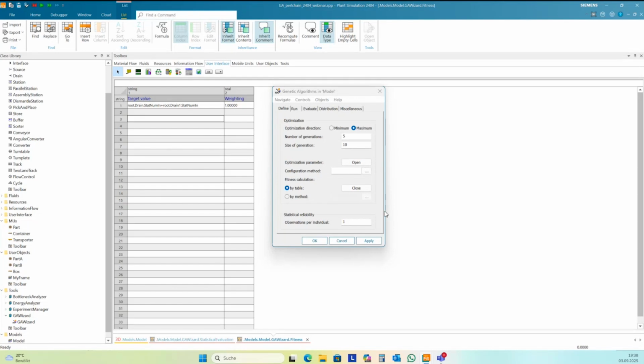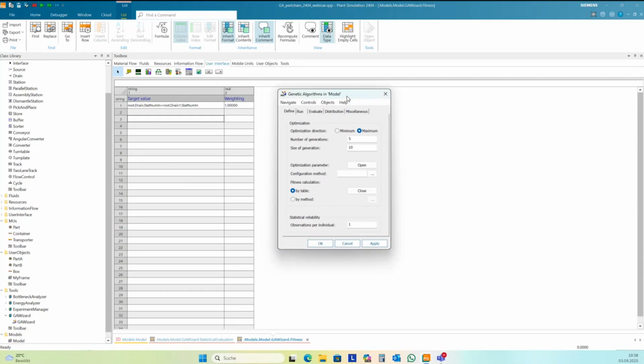A second one: is there a way to input simplex calculus into a plan simulation to assure that we achieve a global minimum or maximum? I guess then you need to make your own calculation. With the genetic algorithm, you don't have the guarantee that it finds exactly the mathematical optimum or the minimum.